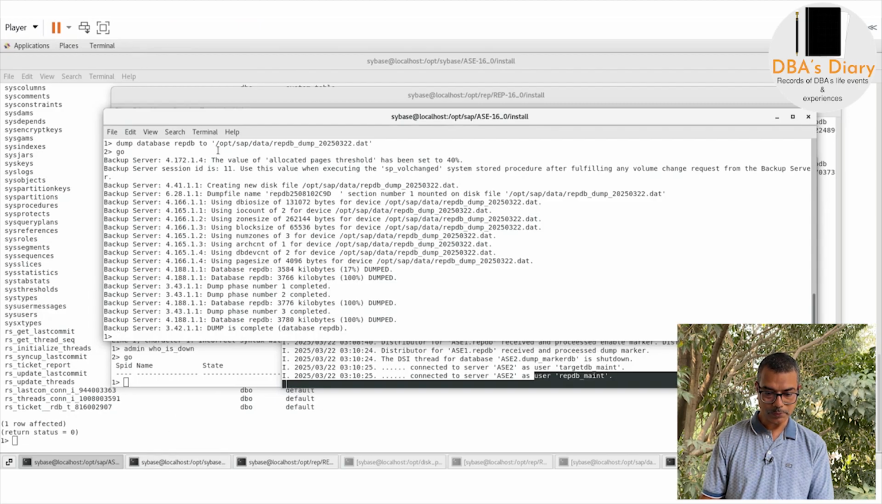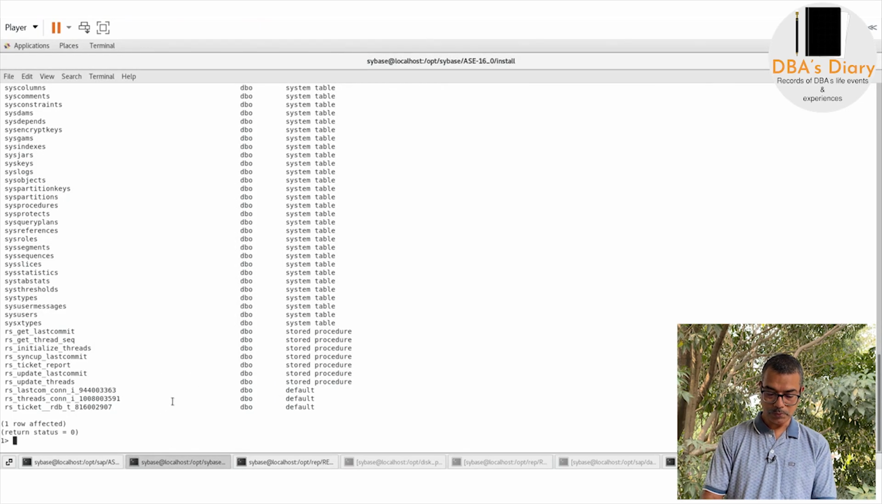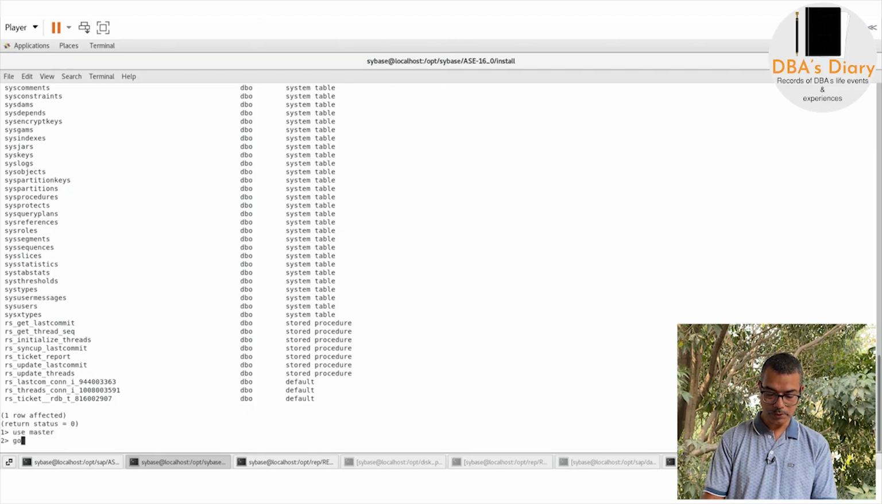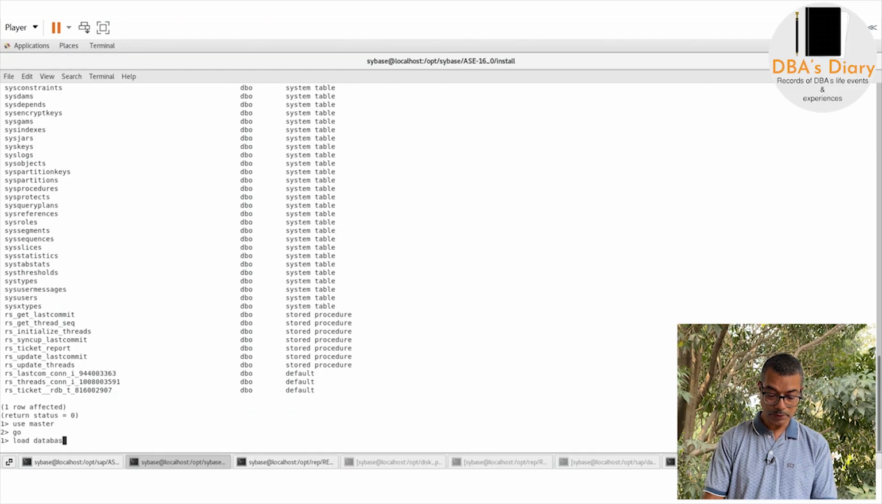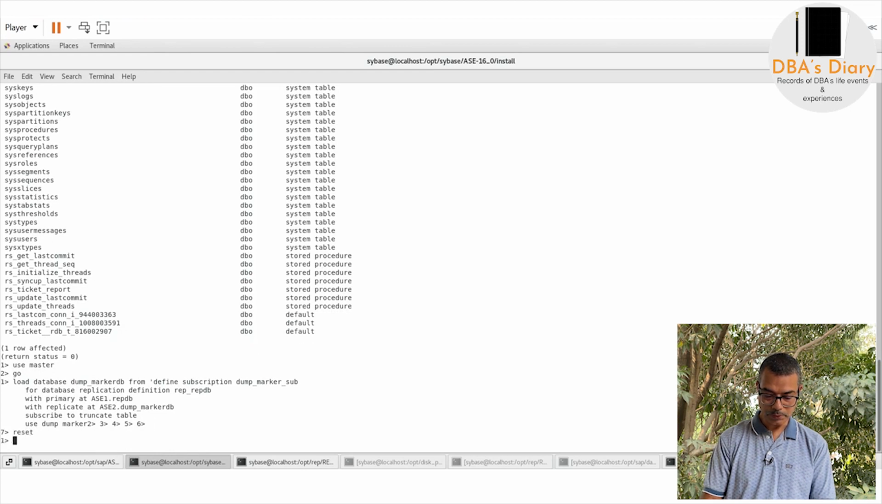Before we do that, let's copy the file name. Okay, now let us go here. So use master. Okay, load database dump_marker db from, sorry, it didn't copy, reset. Okay, so load database dump_marker db from